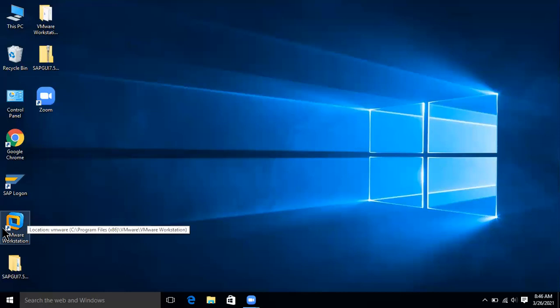So let's say you need to work with the SAP application on your PC. In this PC, I have installed SAP through VMware Workstation.